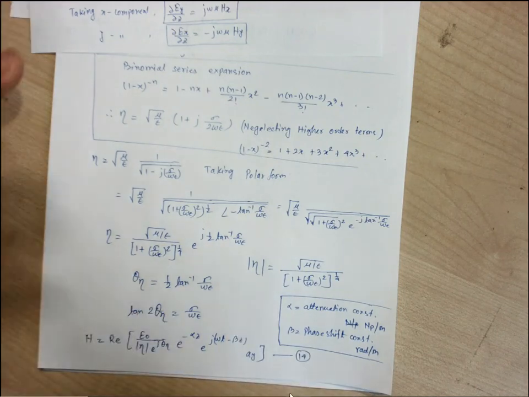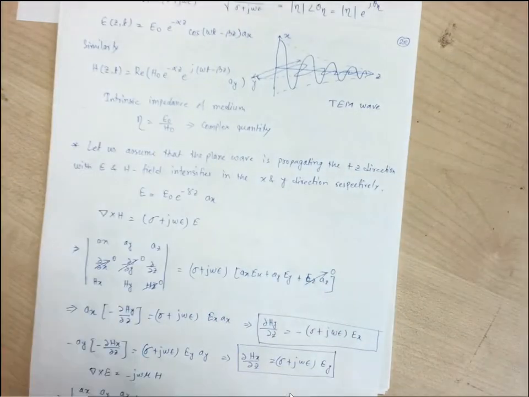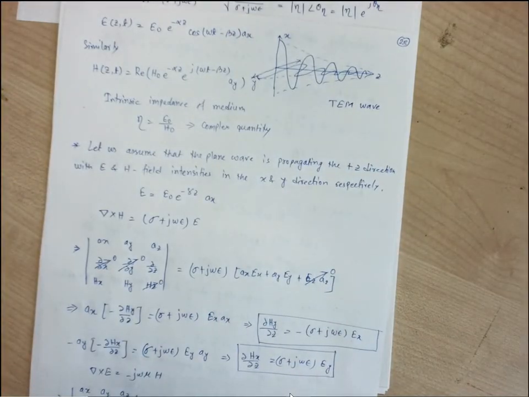Only mathematical calculation, nothing that much complex. Only the understanding is that where the components are, what is the orientation of the components. If electric field is in x direction, obviously magnetic field will be in the y direction, and propagation will always be perpendicular to these two directions, that is in the orthogonal direction. So same, if the propagation is in the y direction, the field components will be in the x and z direction.